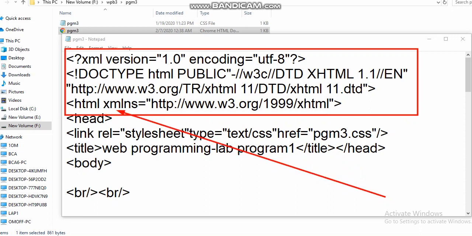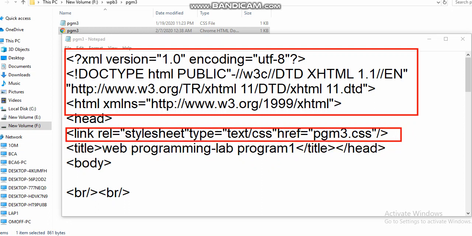Then in the html tag you are writing xmlns, and you are giving the path of this website, org. Then this is another important line here, which plays a very important role again. This is the very important line when we want to run the code.